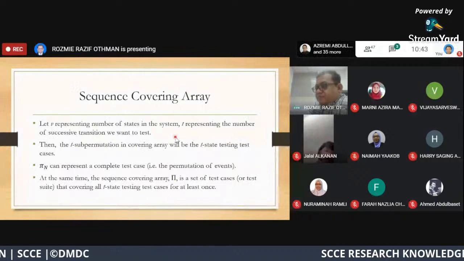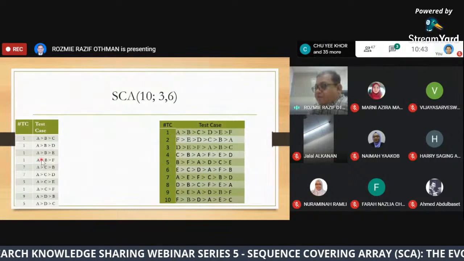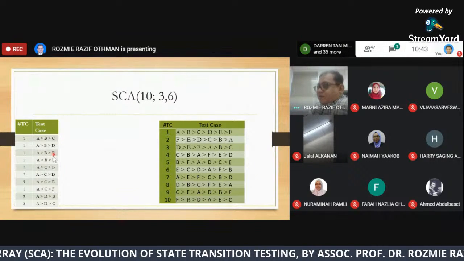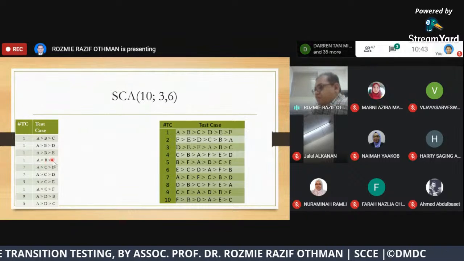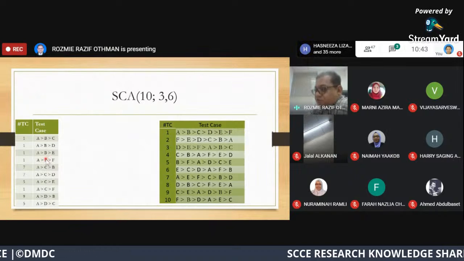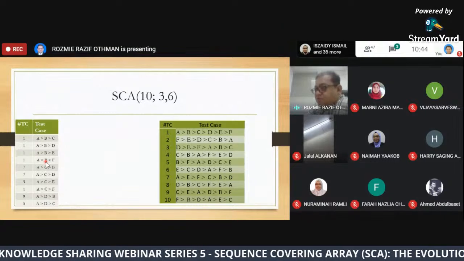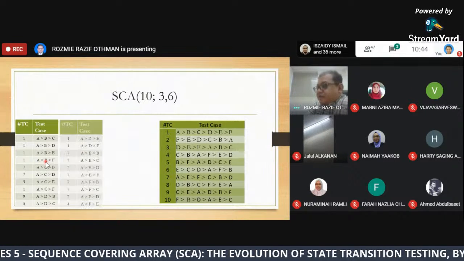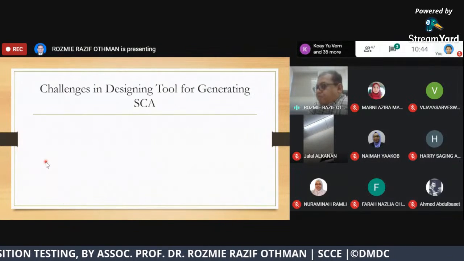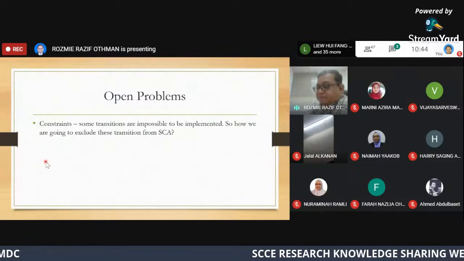Here we can say that we have tested A go to B and directly go to E. Or we can say A go to B or go to F. Maybe B go to F here is impossible. It's impossible to be implemented in real-world testing. So how do we exclude this transition in generating the covering array? This would be one of the open problems that need to be considered as a possible research area.